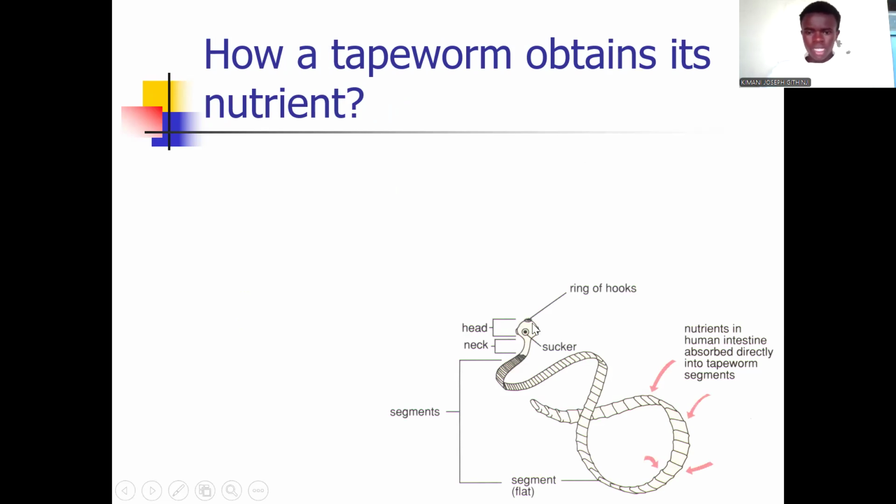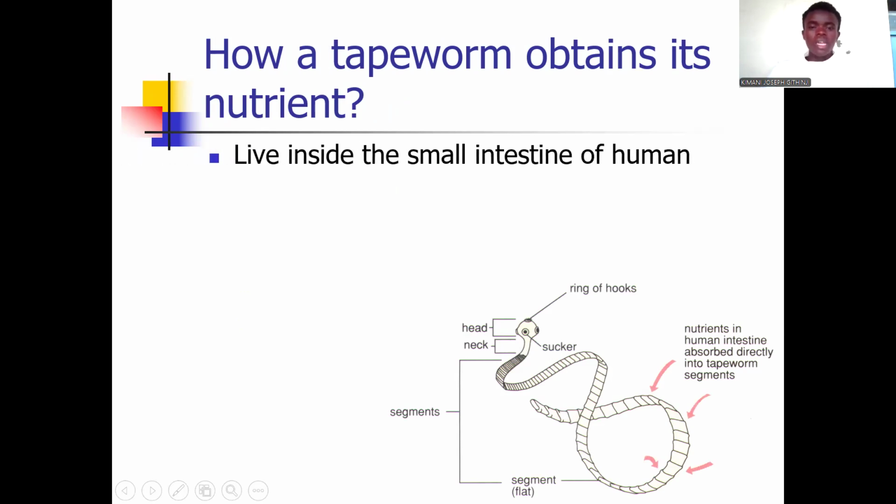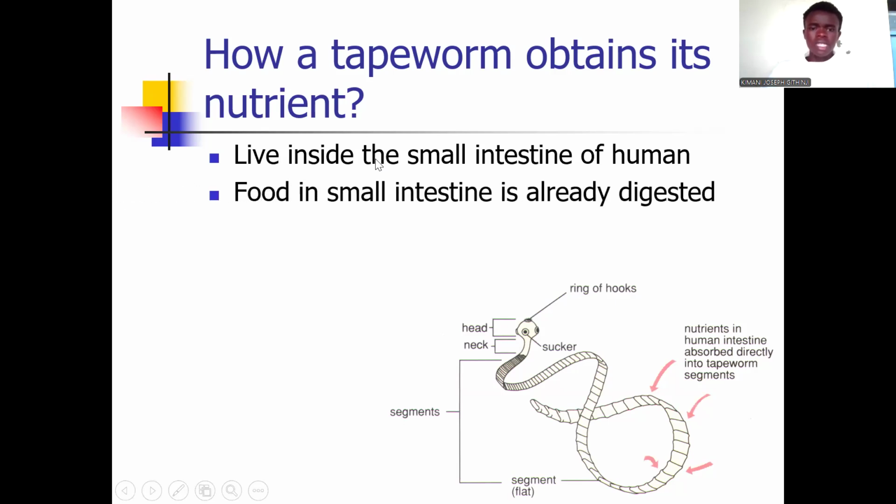This is a tapeworm. You can see it has a head, ring of hooks, a neck, a sucker, all those parts. Now, the tapeworm lives inside the small intestines of humans. Remember, there are several organisms that live inside the human, which are parasites: the tapeworm, the hookworm, the roundworm. But in this case, a tapeworm lives inside the small intestine, and food in the small intestine